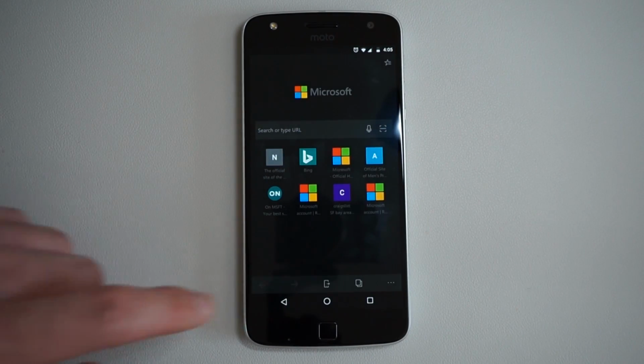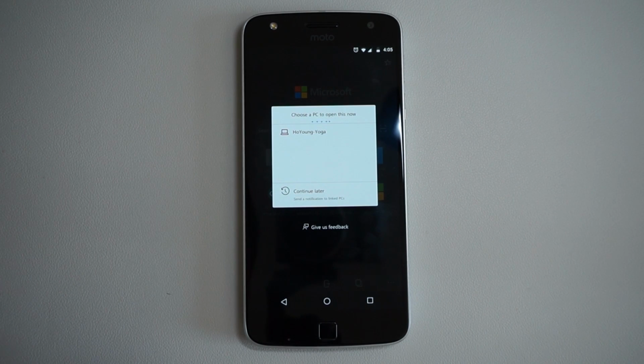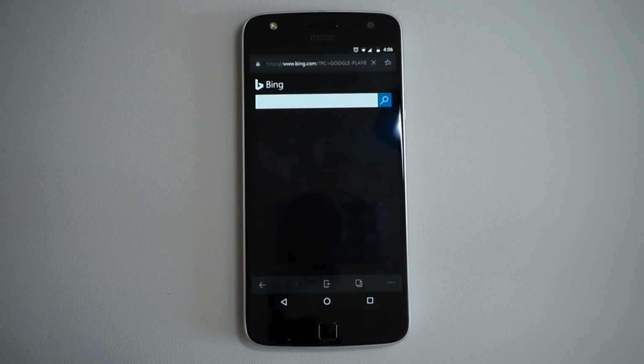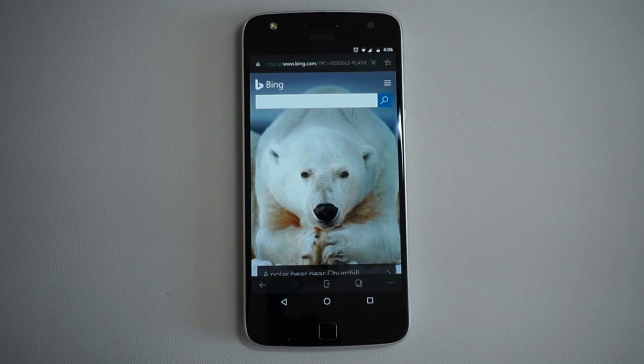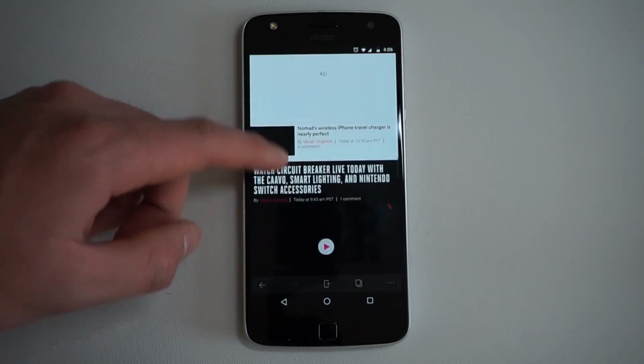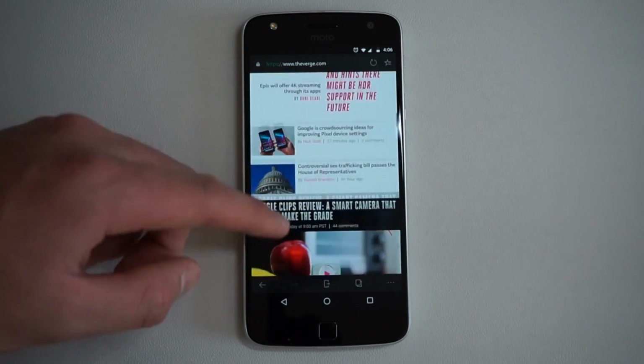Next, download the Edge browser. Like Cortana, Edge is one of the main ways to really integrate the experience between the PC and the phone, from syncing bookmarks and history to sending and receiving links. After the latest few updates, Edge has gotten really good on Android. There were some really annoying bugs before, but it's pretty functional now. I still have a few gripes with it, but overall, it's a good experience.